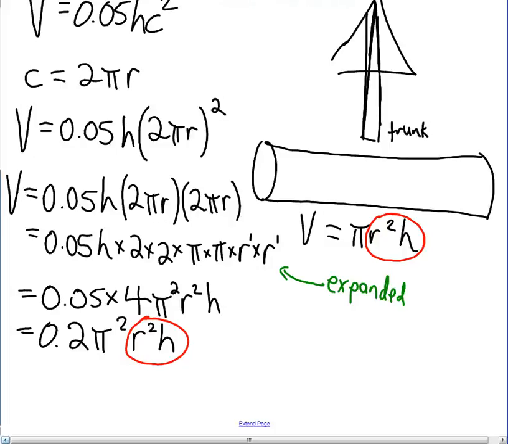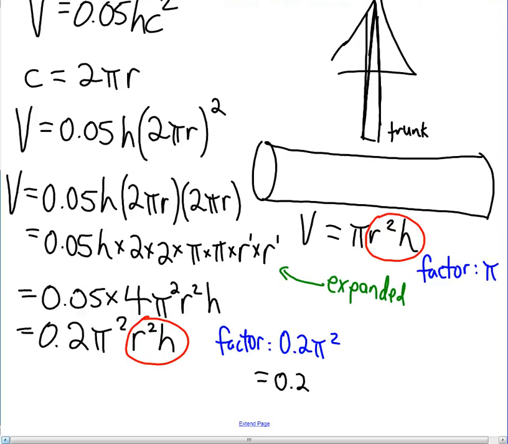Volume of a cylinder, the factor that we multiply r squared h by is pi. And here, in this formula, for the volume of wood in a tree, the factor is 0.2 times pi squared. And let's just compare how these would differ. Well, 0.2 times pi squared